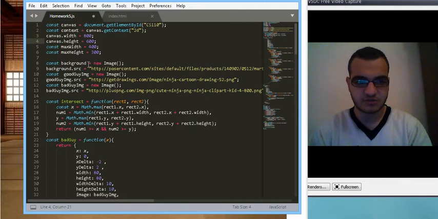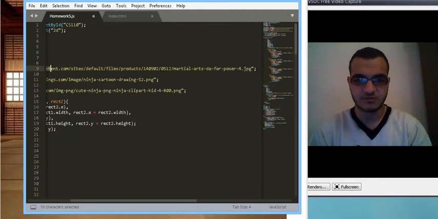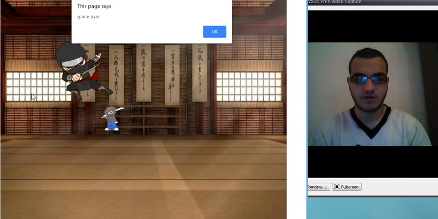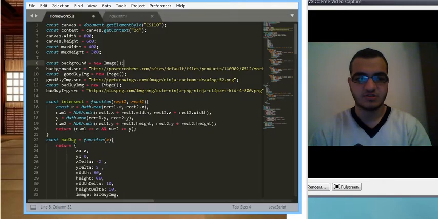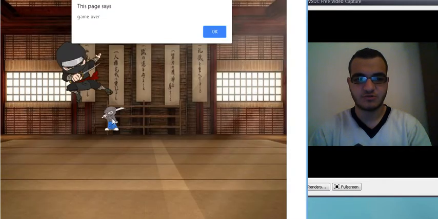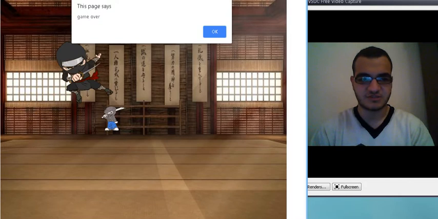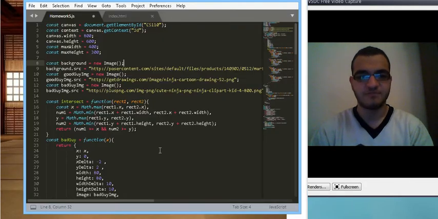Here is the background, new image. This is how we create an image, and this is the source and how I got the image. This is the image of the dojo in the background. Here is the good guy, this cool looking thing which has the sword in the back, and the bad guy,